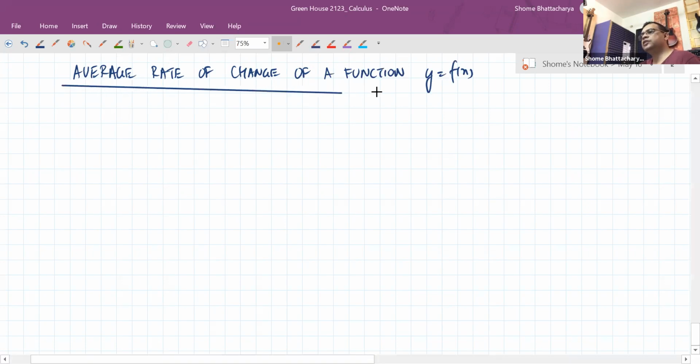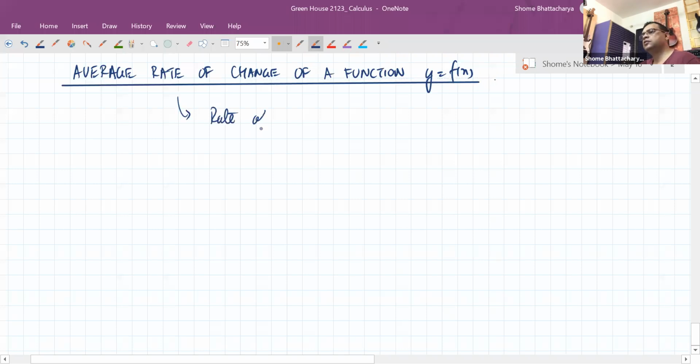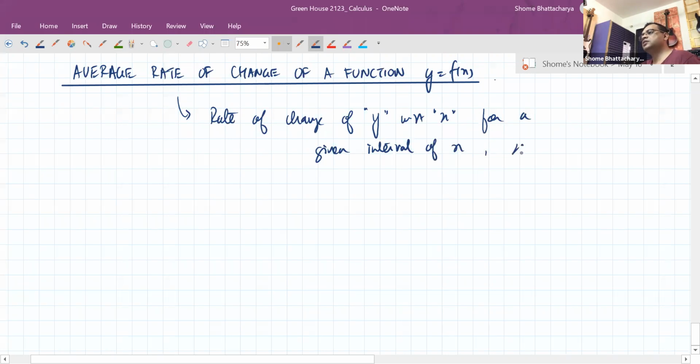We mean the rate of change of y with respect to x for an interval of x. This is the rate of change of y, the dependent variable, with respect to x, the independent variable, for a given interval of x, that is delta x equal to x2 minus x1, or we can say x equal to x1